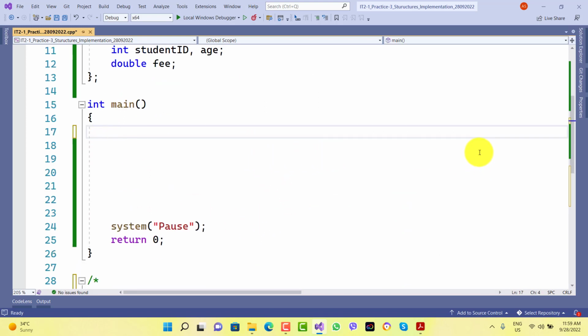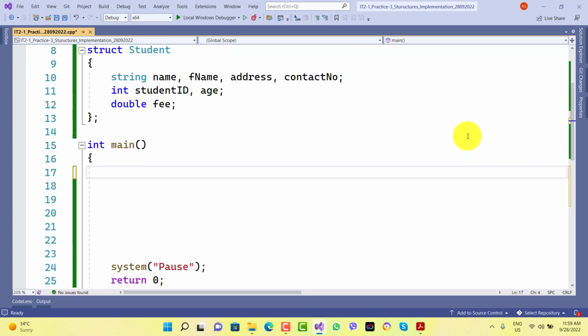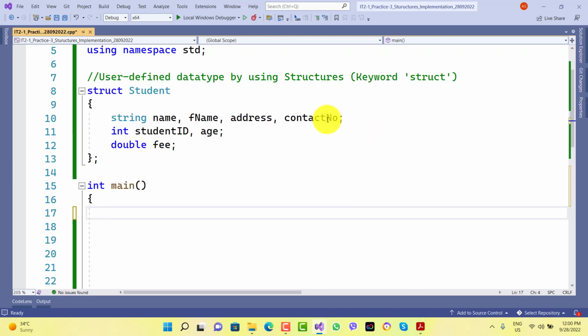Here, first we should create a structure variable, that is, a user defined data type variable. How can we create it? First we take the name of the structure. What is the name of the structure? Student. So we will take here student and the variable name. Variable name I am taking here as